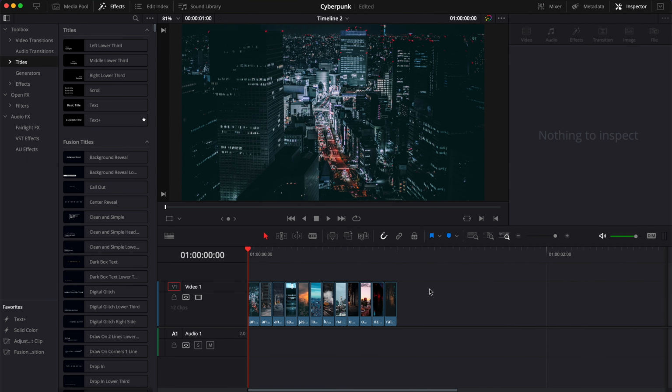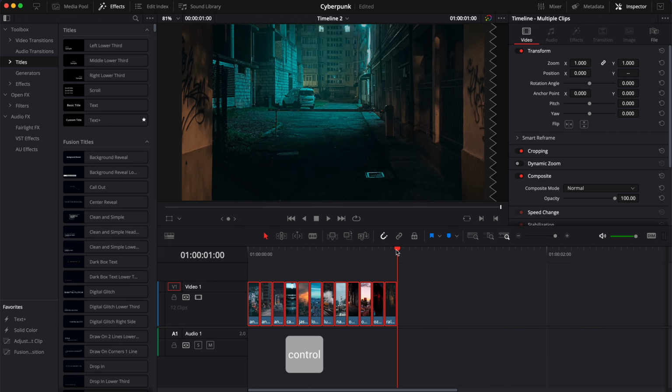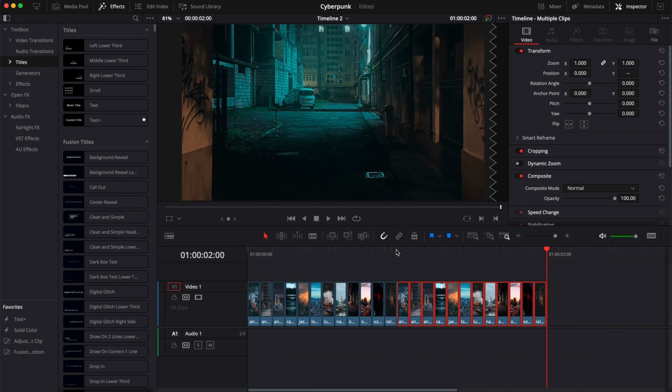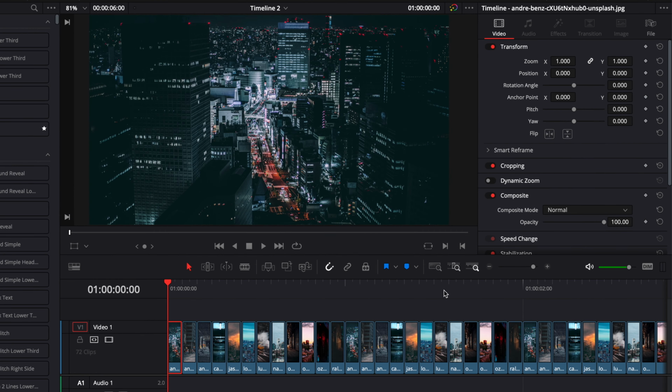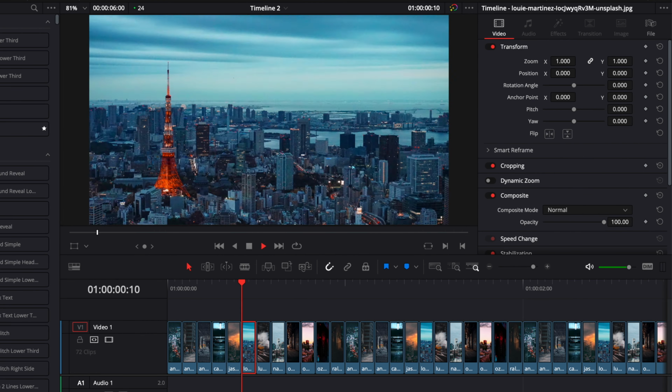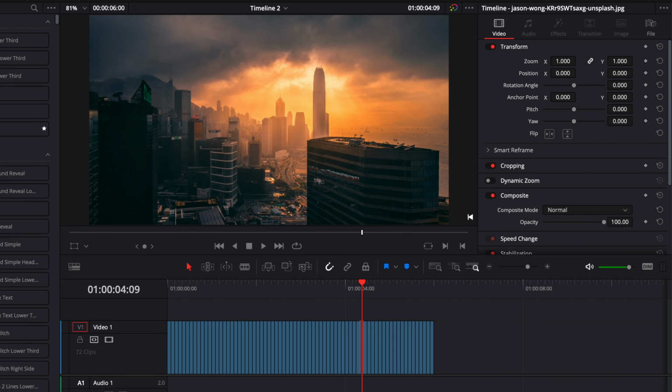Once you're happy with your reframing, select all your images once again, copy them, go to the end of your images and paste them 5 times. So we paste them the first time, second, third, fourth, and fifth. That's going to be 5 seconds of animation, 6 seconds actually, and basically we just loop that sequence 5 times. If we play it, we get that loop going on and on. Perfect. That's going to be our starting point to create that effect.